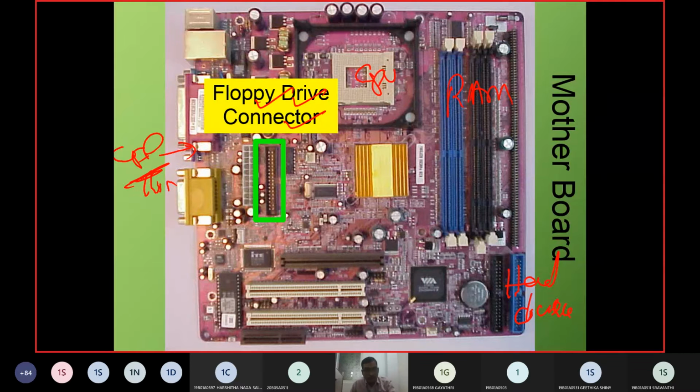Right now, floppy disks are almost not in the market. Even the compact disk is not there, because you can see your laptops now don't have CD drives. People are not giving you them by default. The older laptops have CD drives.